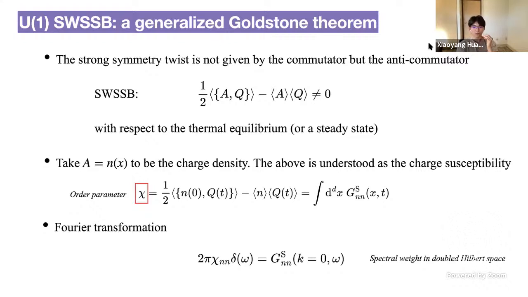An example of there being no strong-to-weak SSB is when the charge susceptibility is zero. For example, if you have an atomic insulator, the charges are pinned at every site, so this charge susceptibility would be exactly zero, and the atomic insulator will be a good state that doesn't break your strong symmetries, because on every site the charge is fixed. So you can imagine that the total charge is just fixed to certain numbers and doesn't fluctuate.